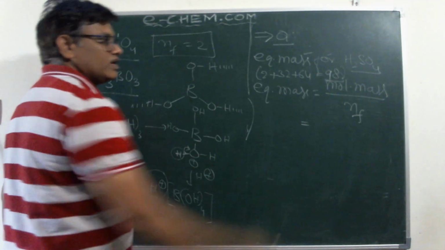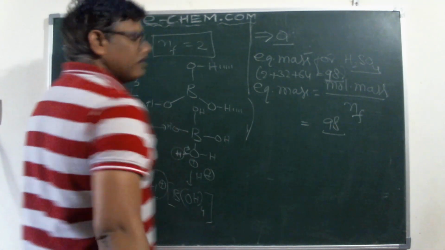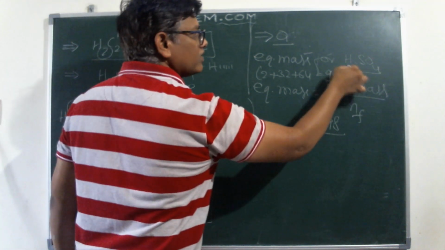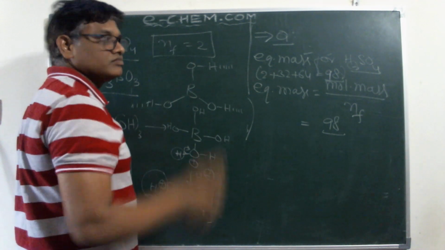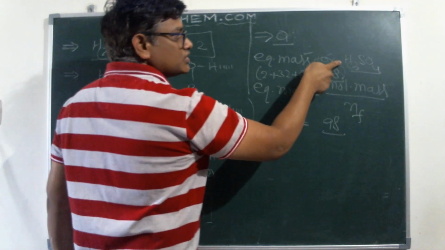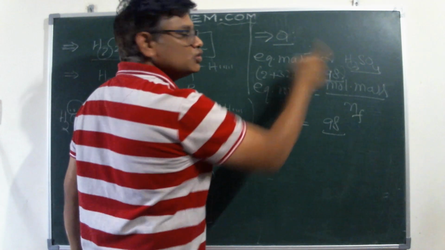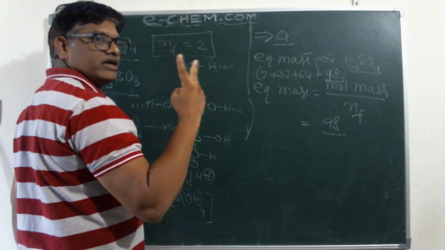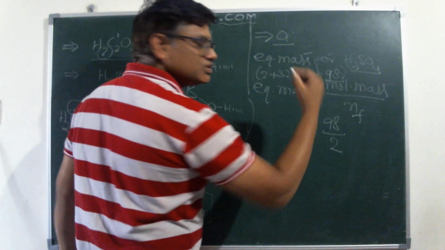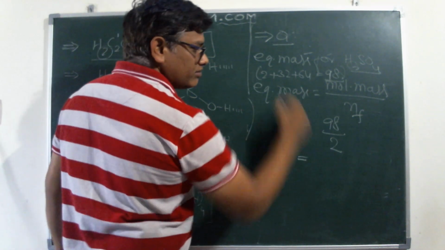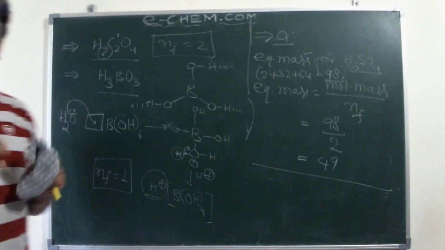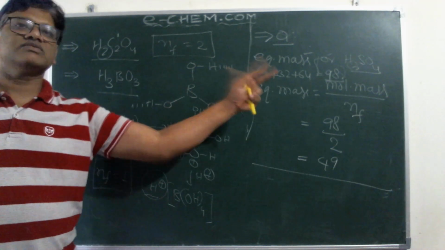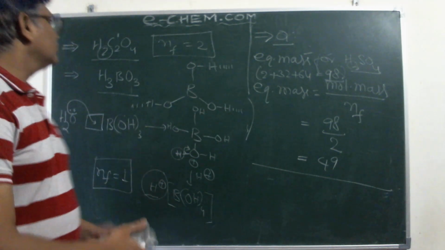That is equal to 98 over n factor. How many hydrogens are replaced from one molecule for complete dissociation of 1 mole? We have to take complete dissociation of 1 mole, giving 2 ionizable hydrogens, so the n factor will be 2. So obviously the equivalent mass is calculated as 49. Like this, for any acid composition given, you can calculate the equivalent mass. Right. So let's move on to the next composition,